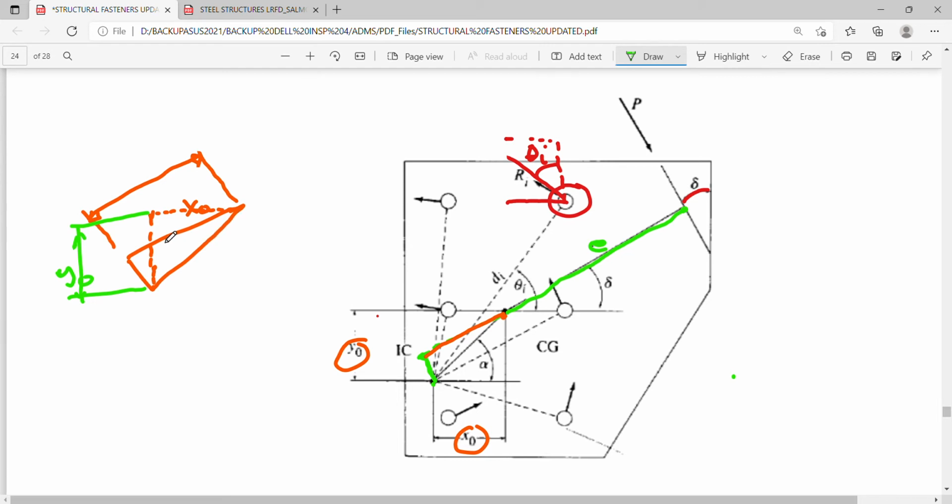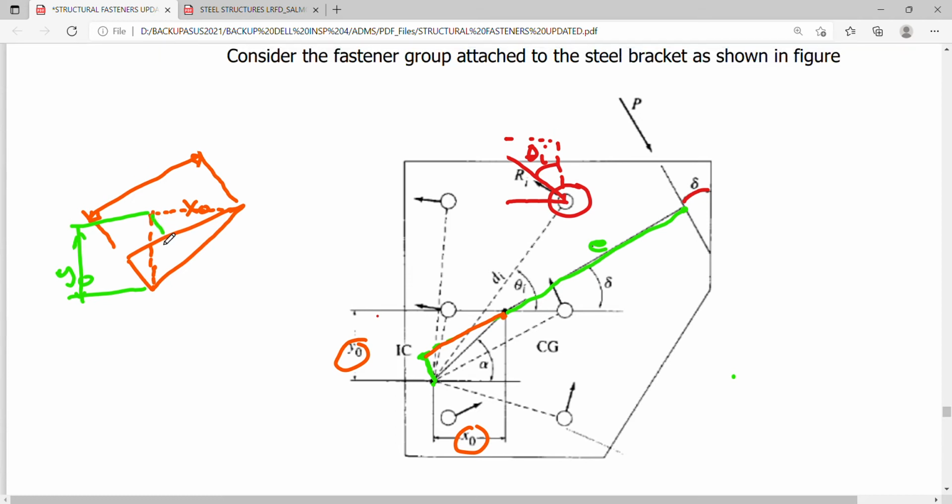So take into consideration this line which is parallel to this line. So we can solve for this small distance here, and if we add it to this distance here, which is actually the same line, we will come up with the total distance here to add up to the value of E